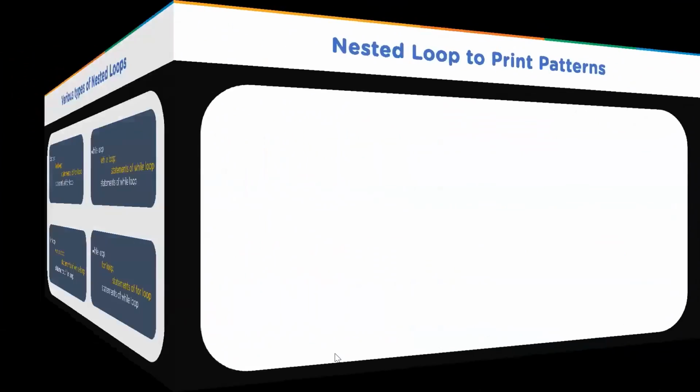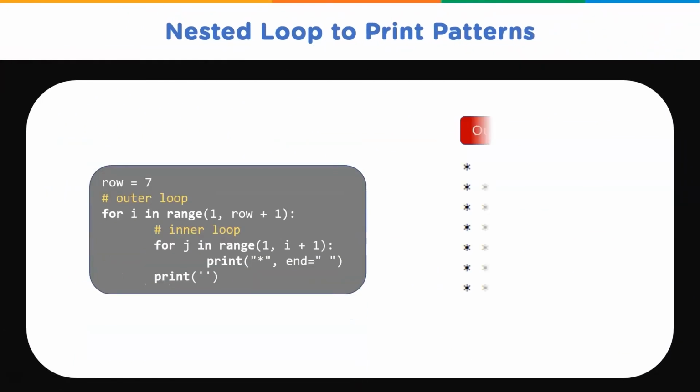So now that you have learnt about the basics of nested loops, let's look at an example of printing patterns. So in the code here, we have used 2 for loops to get our right angle triangle containing asterisks or stars. So we have declared row equal to 7, which means we need 7 rows to be printed. You can count it here. These are 7 rows. Hence we have defined it as row equal to 7.